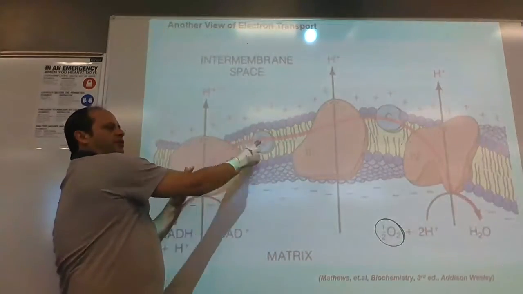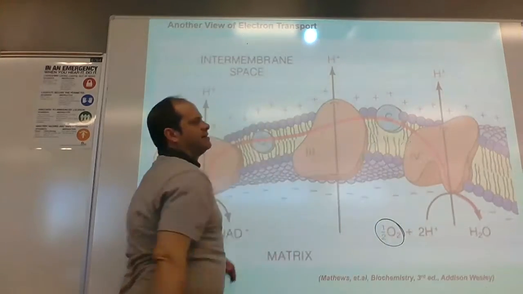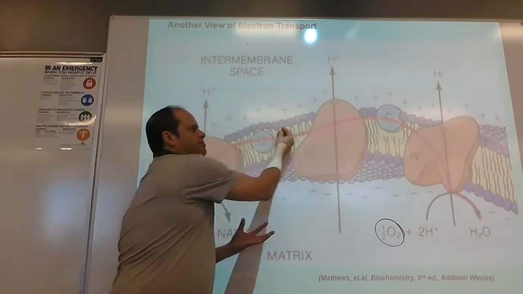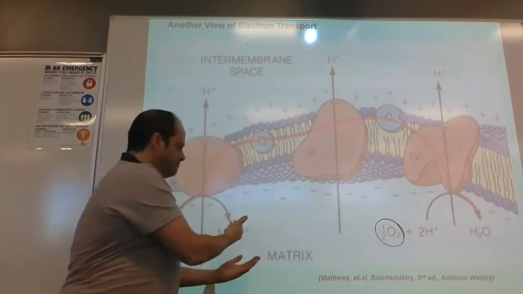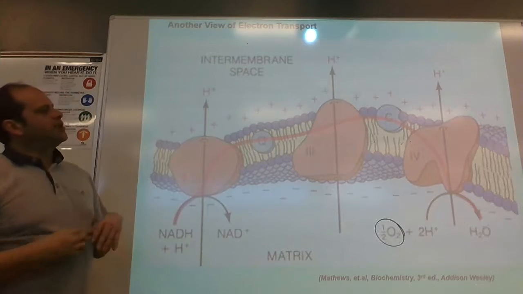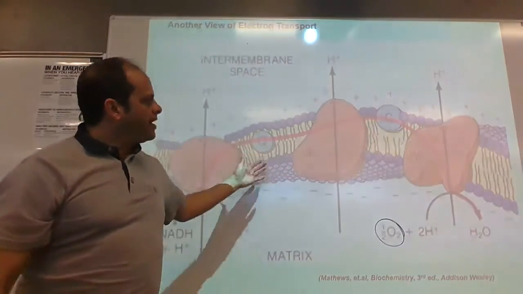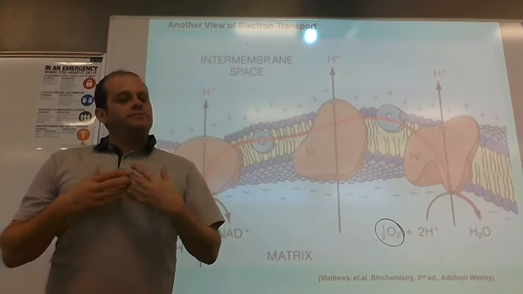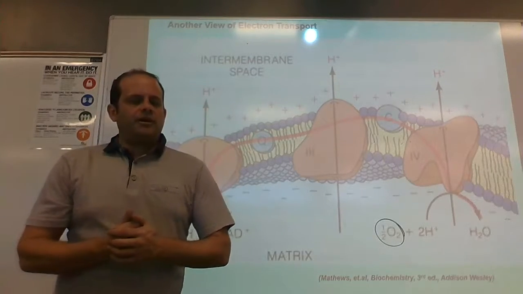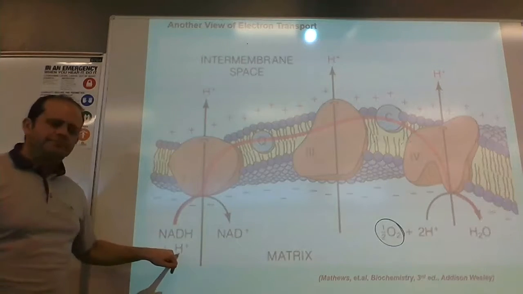Then you also have what are called mobile carriers, the Q complex and the cytochrome C. Their job is to basically shuttle electrons back and forth that have been delivered from NADH and FADH. As these electrons are passed from carrier to carrier, they give off energy. This energy has to be coupled to the next step, which is what's happening, is these hydrogen ions that are